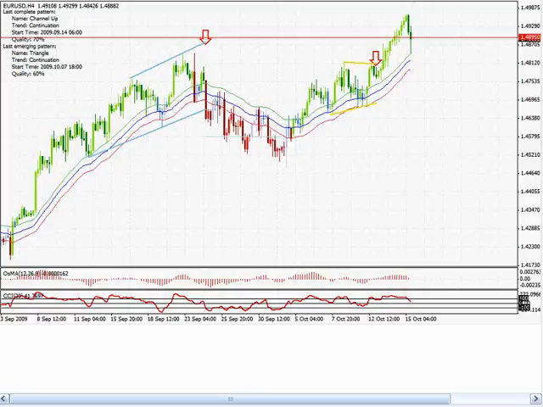All right? A 4-hour psychology is very different than a 15-minute psychology. So I'd be looking for a correction here. Now, if I was willing to step out in front of the double zero, the other thing you can consider in terms of psychological numbers is there's a psychological number at the 50 pip. I can absolutely step out in front of